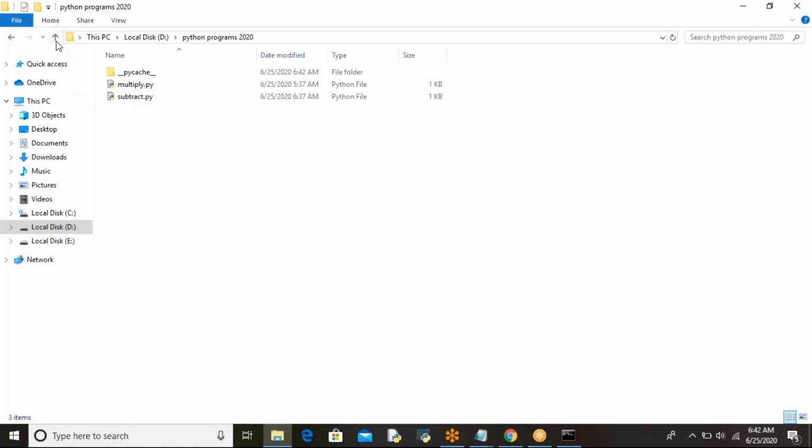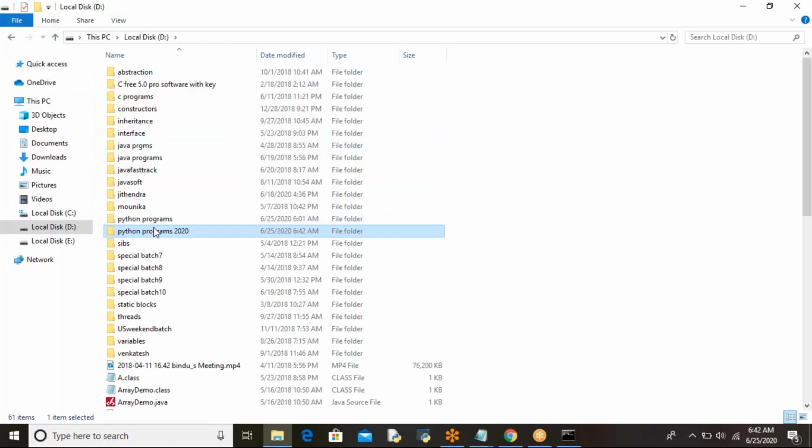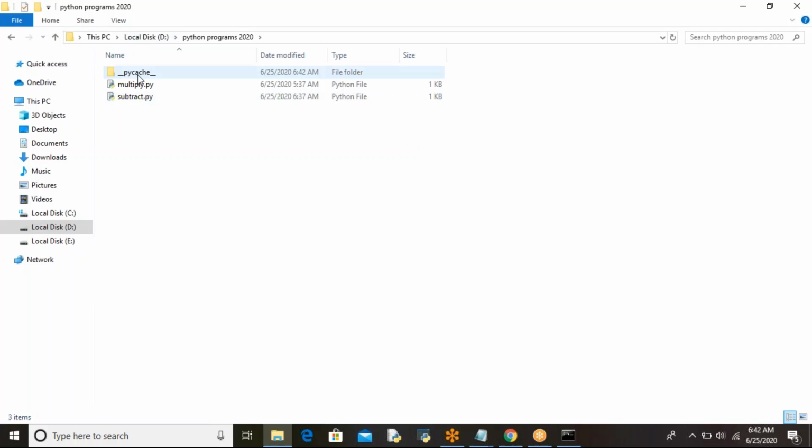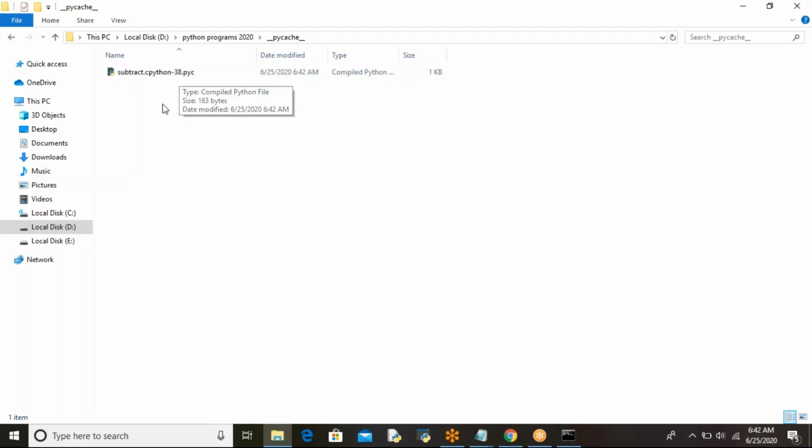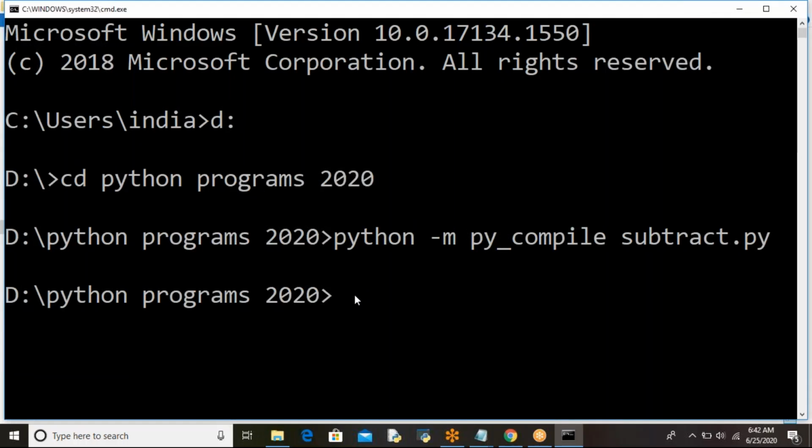Go there. See here, the __pycache__. You can see subtract.cpython-38.pyc. Just now I said CPython is the standard Python compiler, because it is the 3.8 version. Got it?